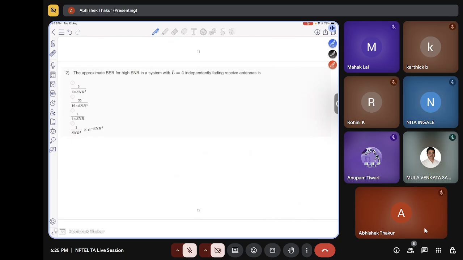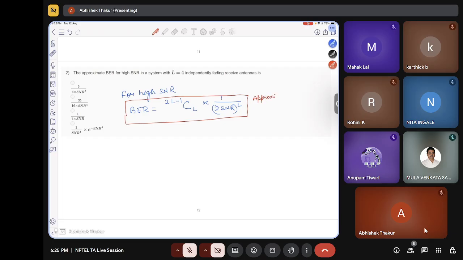So we know that as derived in the classroom for high SNR, the bit error rate is given as 2L minus 1 choose L into 1 by 2 SNR to the power of L. So this equation is very important,